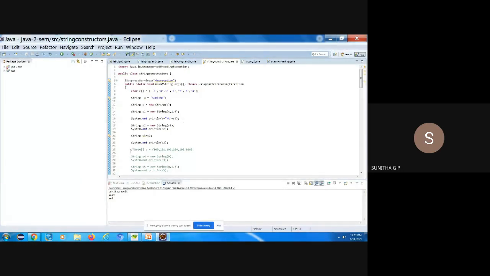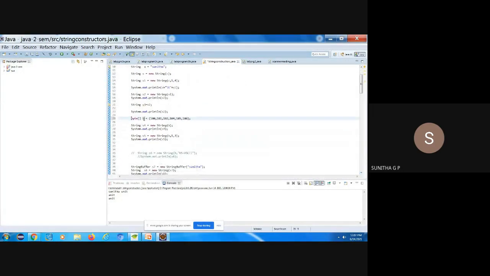Okay, next we have a byte. You see, I have taken values 100, 101, 102, 104, 105, 106. You can take from 64, 65 also. So here, same thing, I have sent this b as a parameter. So these numerical values are converted into a string. Next, I am creating one from 1 to 3, so only a string s5 is created with 3 characters, where 101 is mapped to its respective ASCII value, 102 is mapped to its respective ASCII value.